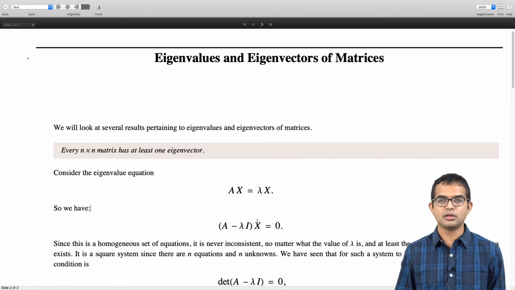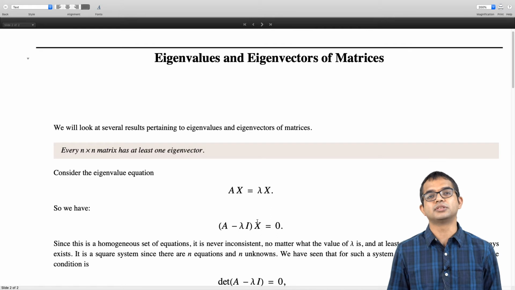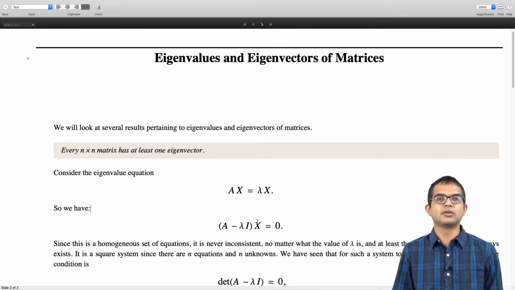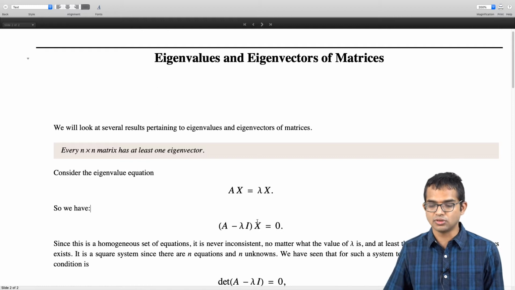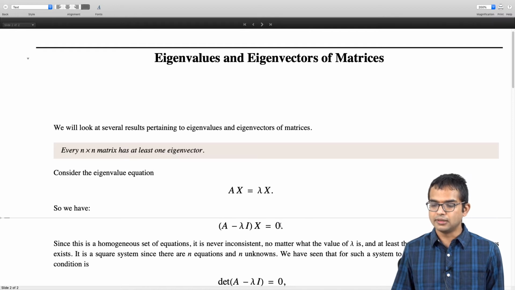There's a matrix which operates on a column vector, and it gives you a 0, right? So this is, if you recall from many lectures ago when we were describing linear equations, really a set of homogeneous equations, and therefore it can never be inconsistent because all the stuff on the right hand side is 0. Now the only question is, does it have only the trivial solution or does it have non-trivial solutions?